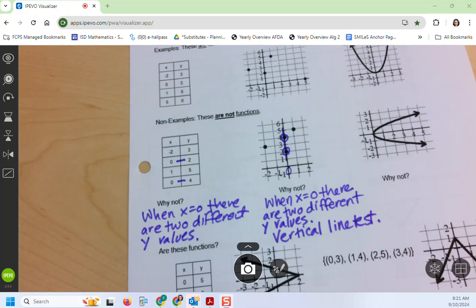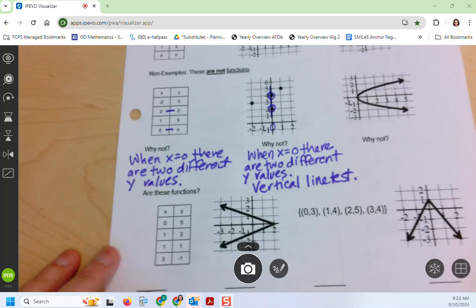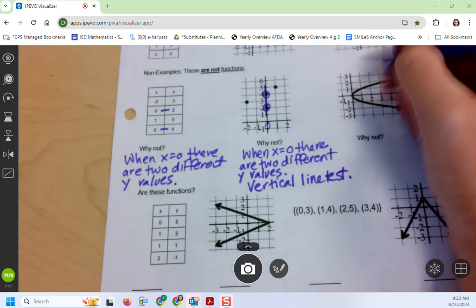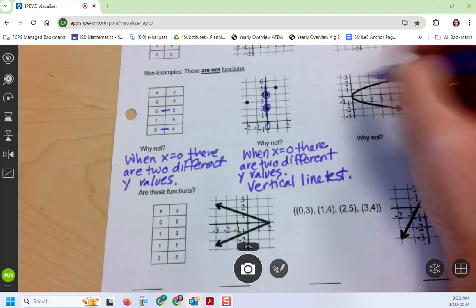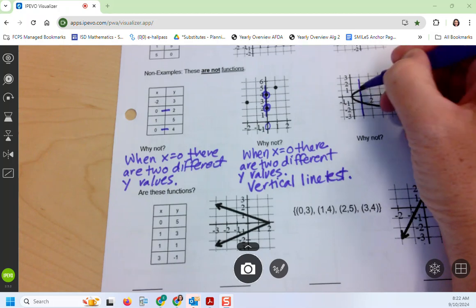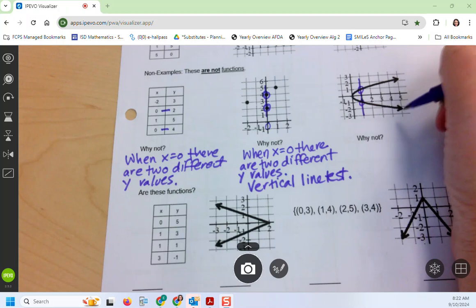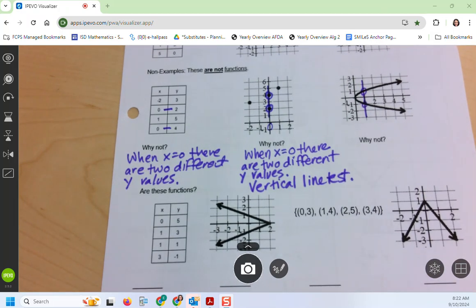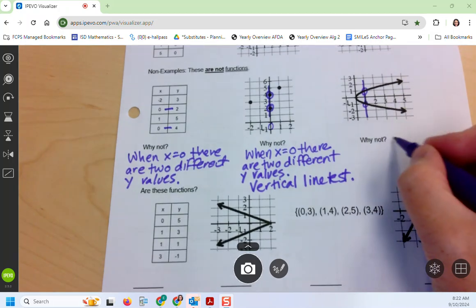And then the third one, it's also not a function. It says it right here. These are not functions, right? It's not a function, and you can see how it would fail that vertical line test. And actually, you could put your line like almost anywhere. The only place I wouldn't put my line is right here at the tip of this sideways parabola. But you can see if you put it here, you get two different values. If you put it here, here, here, it fails the vertical line test a lot of different times. But I'll use this one as an example. When x equals 1,